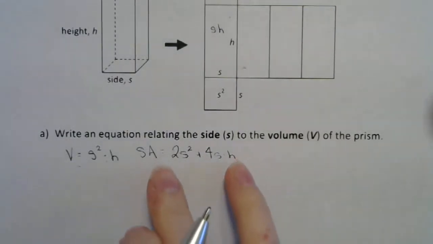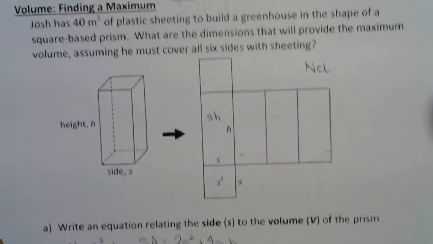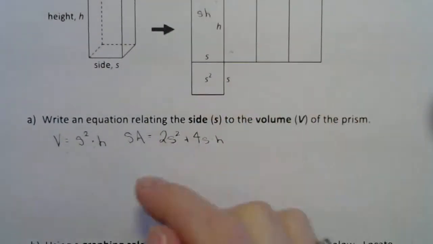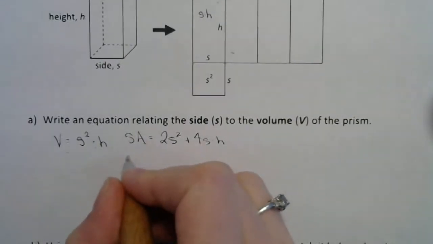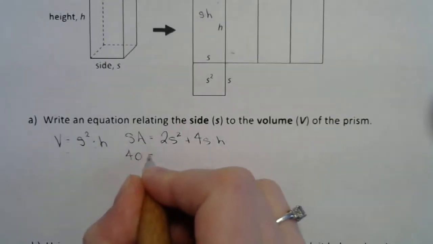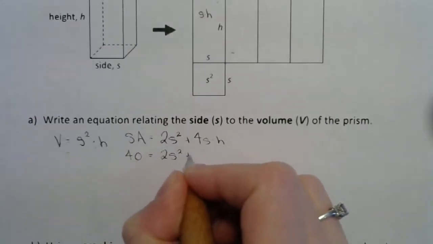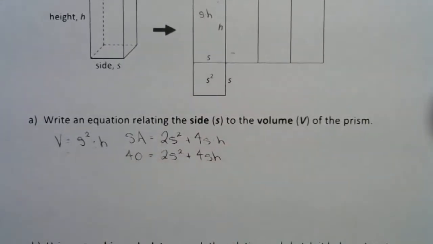One other piece of information that we know for this formula is that our surface area has to be 40 meters squared. So what I can do is put 40 in for surface area. So this is 2S squared plus 4SH. Okay. So now all I have is a